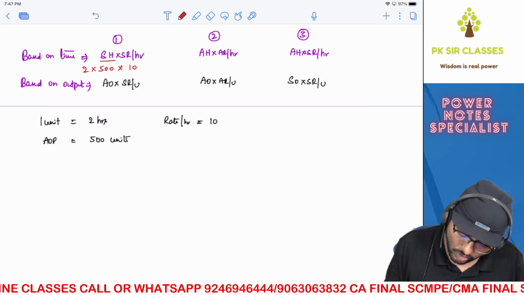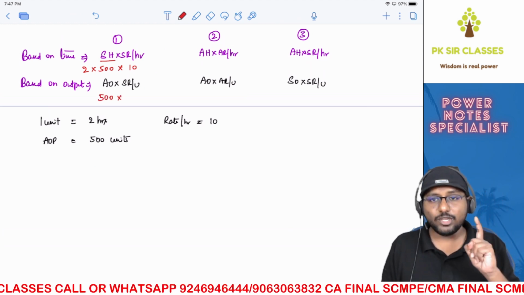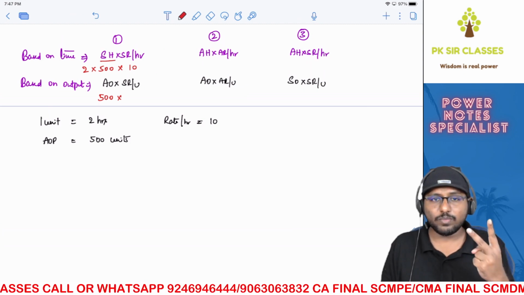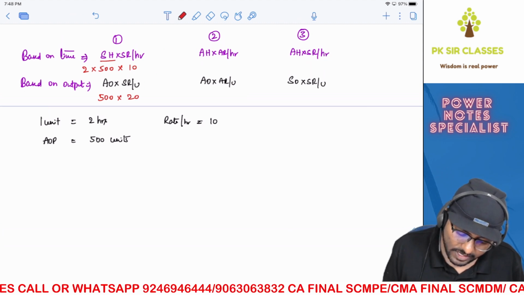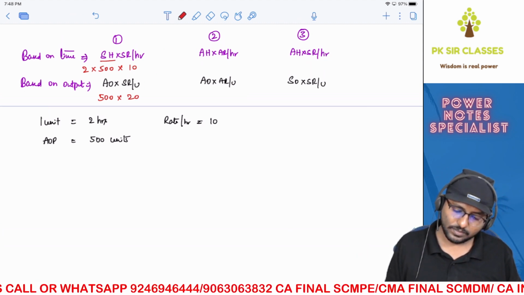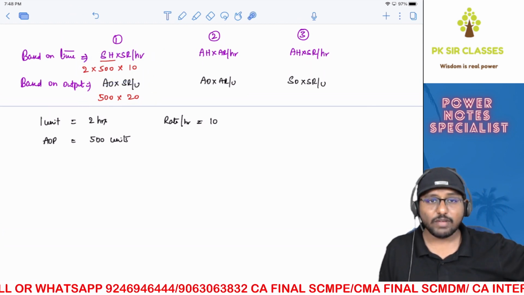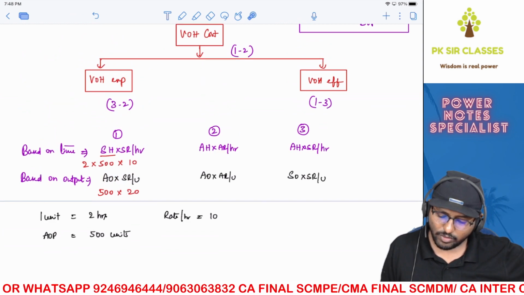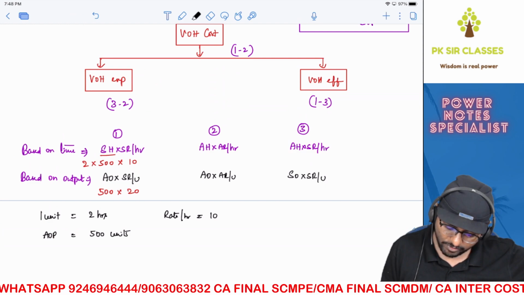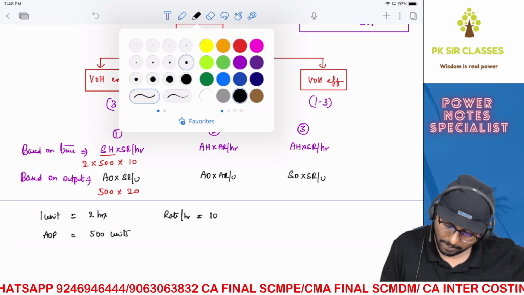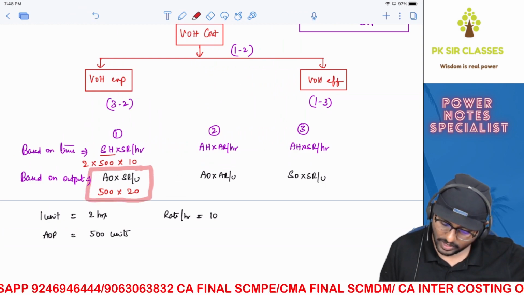Correct? Actual output how much? 500 units into standard rate per unit is how much? 1 unit will take 2 hours. Per hour it is 10 rupees, which means per unit it will be 2 hours into 10 rupees per hour, which will be 20. Now if you can see, it's exactly the same. Whether it is this or this, it's exactly the same. That's what I've told you. Are you able to understand? Irrespective of the formula, it's exactly the same. In examination, what you will do is that I will round up the frequently used formula over here. Okay. This one.